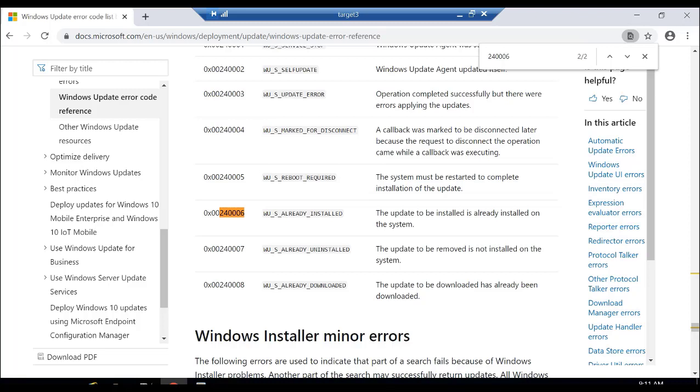Now if we figure out that the patch detection logic was incorrect, and we are reporting a patch as missing which is actually not applicable, then we'll collect the dpd trace logs and the log package, and you can raise a case with BMC support so that we can take it forward with Shavlik and fix the detection logic.